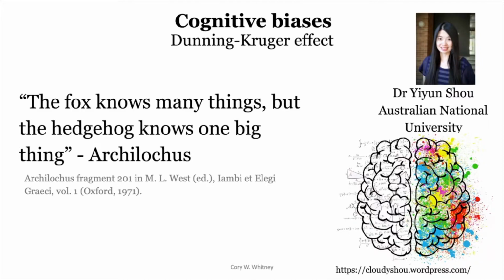Can be a frustrating thing, and we have to find ways to overcome this effect. We call this the fox and the hedgehog. The fox knows many things, but the hedgehog knows one big thing. The way I think about it in this case is that the fox is the scientist, the one who maybe has studied the phenomena, the engineer, the economist. They know enough about it to be able to say, oh, it's very complex. Let me tell you something about the complexity of this problem. Whereas the hedgehog just knows one big thing, that is escape from predation.